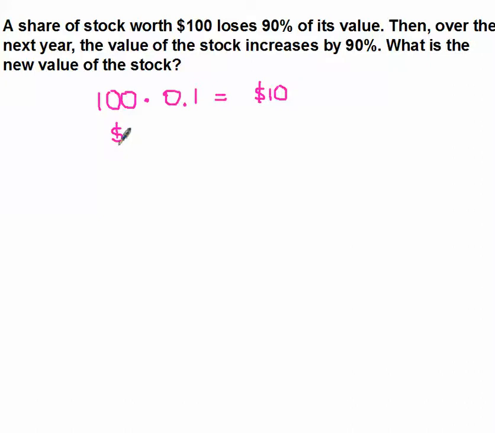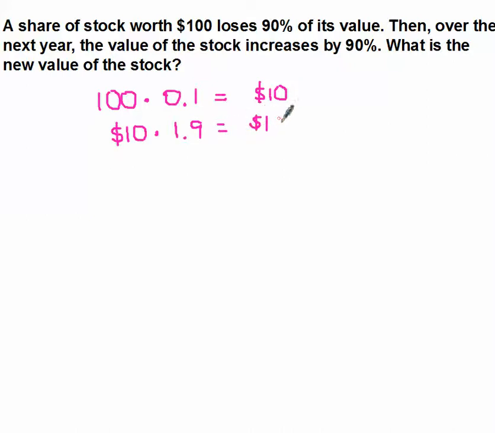Now, that $10 a share rebounds and it goes back up 90%. But it's not going up 90% on the $100, it's only going up 90% on the $10. So if we find 90% and if we add a 1, that will add it on to the $10,